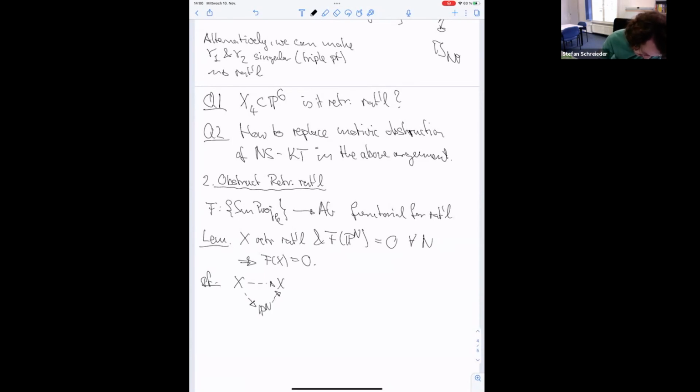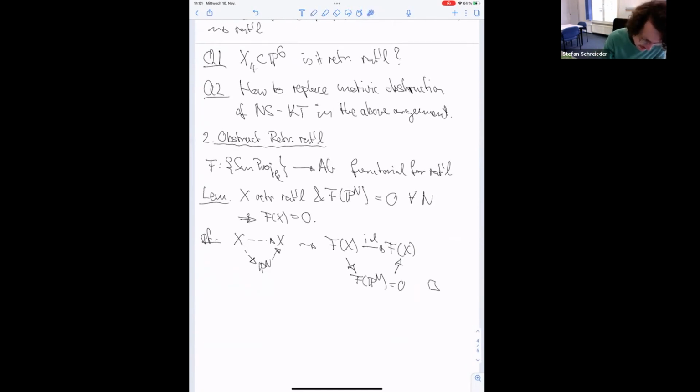And then we apply the functor. And since we assume that the functor is functorial for rational maps, we get that the identity factors through this one. And so the identity factors through 0, because I also assumed that the functor is trivial on Pn. And so that group must be the trivial group. So this is certainly the motivation for, or one motivation for the notion of being retract rational,